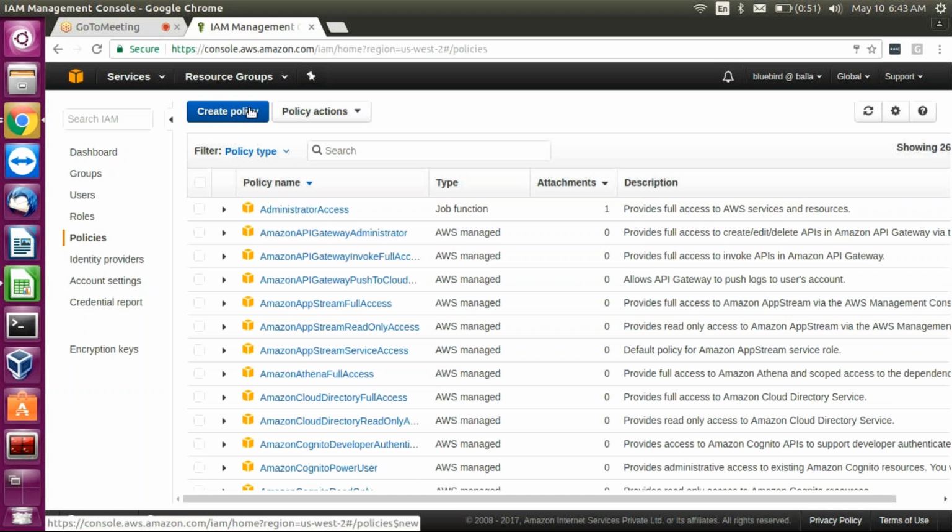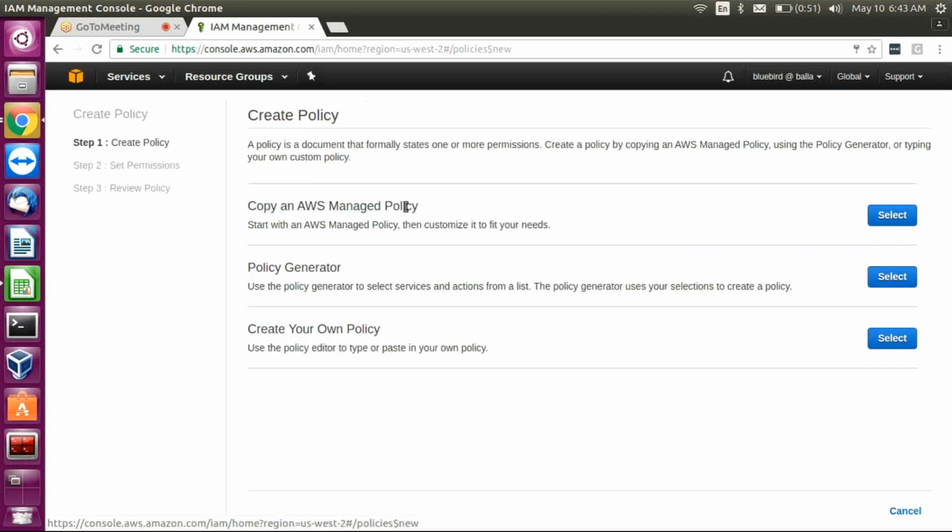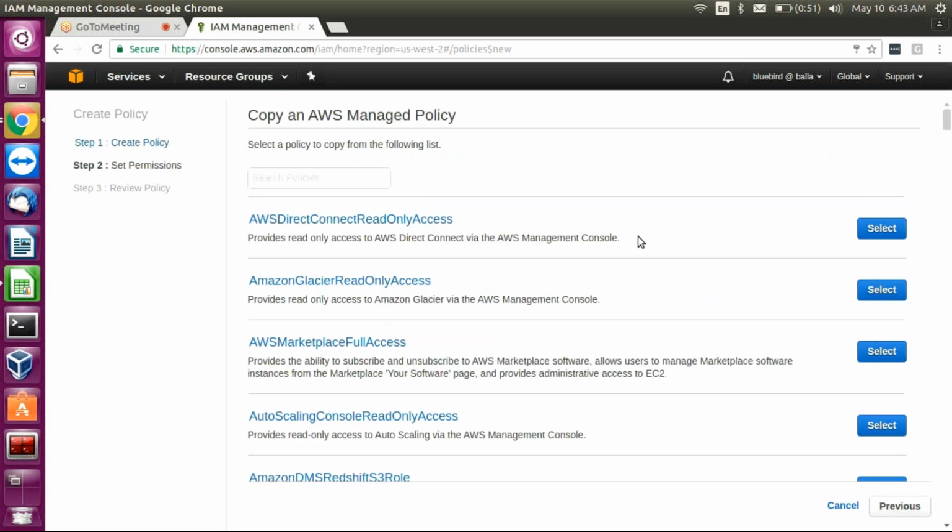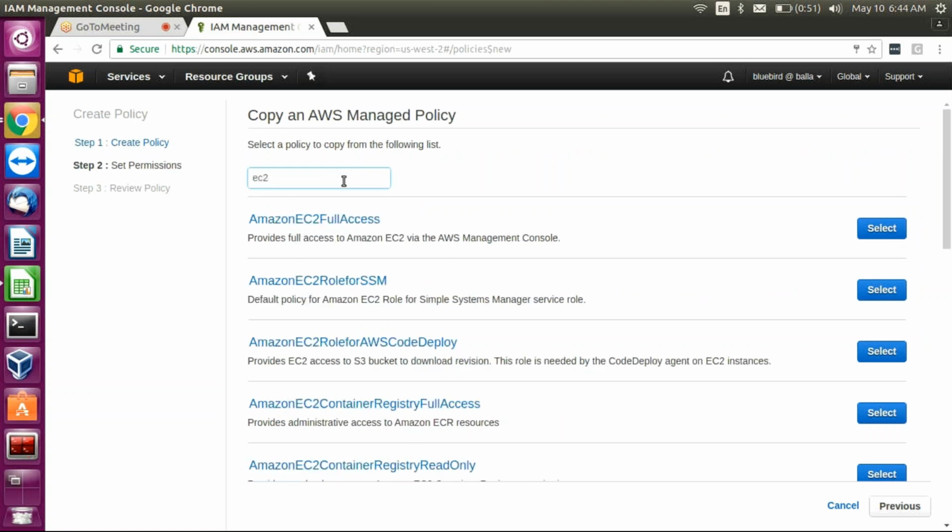Create policy button, and these are the options. Copy an AWS managed policy, and we can edit that you see here. So, EC2